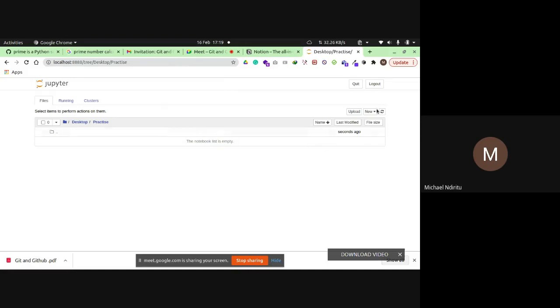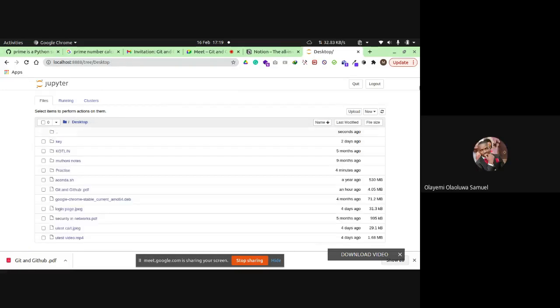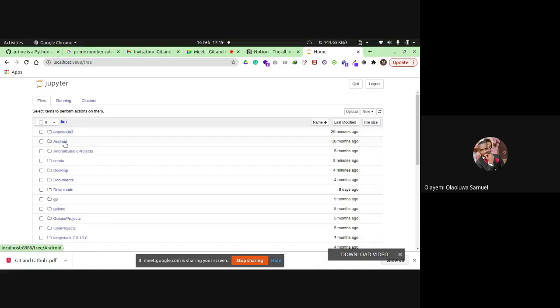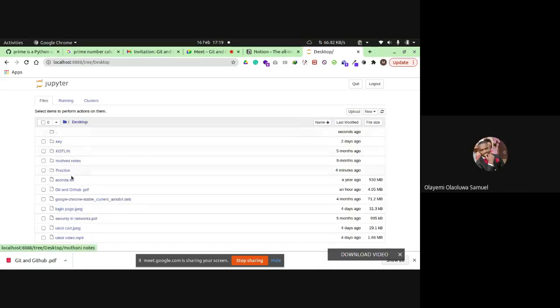Okay, I should go to the folder. That is through files. Yes, files. If you can see where I'm sharing my screen, you'll see where it is. Go to desktop, then the folder practice.